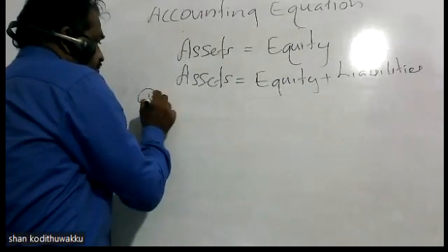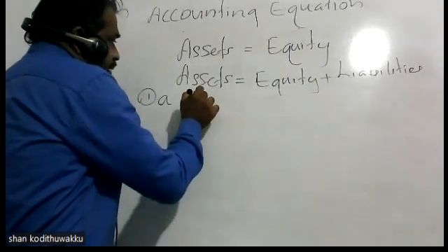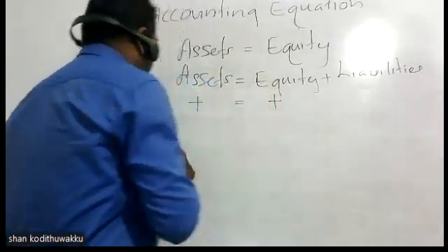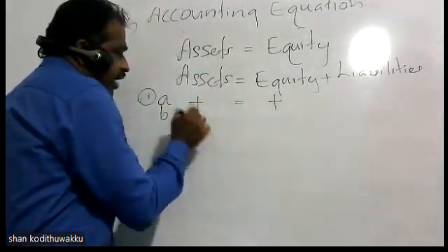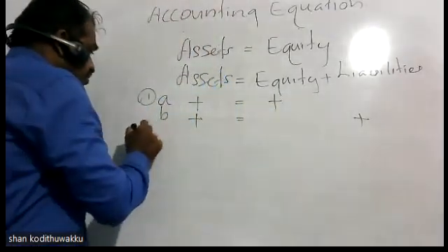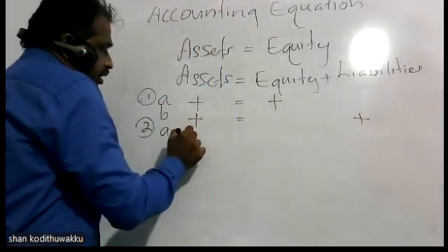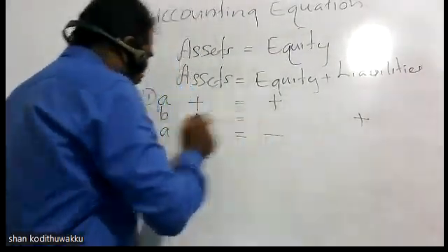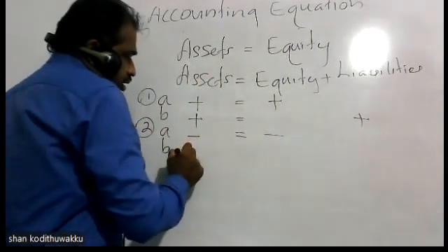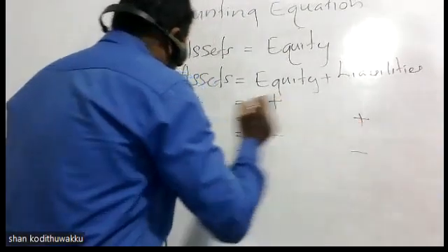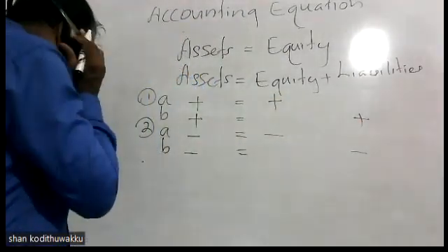Main change number one, part A: there can be an increase in assets, equally an increase in equity. Part B: an increase in assets, equally an increase in liabilities. Main change number two, part A: a decrease in assets, equally a decrease in equity. Part B: a decrease in assets, equally a decrease in liabilities. Main change number three,